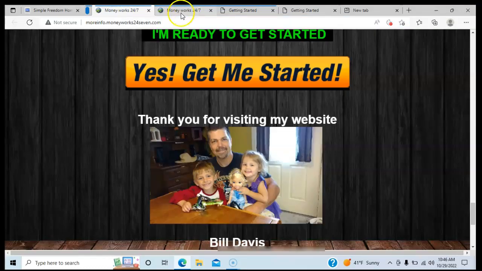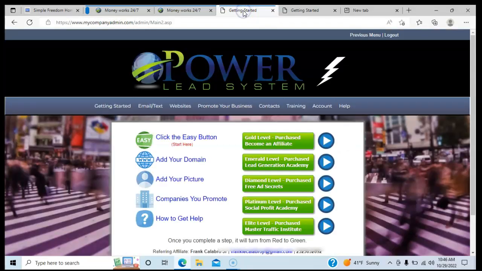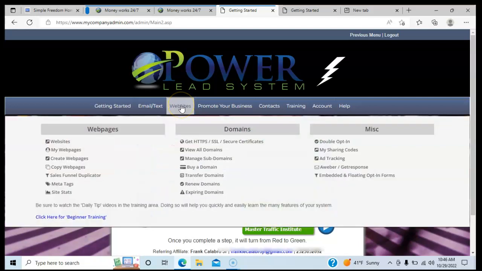I'll just show you what the process is here. And again, what I'm showing you is if you were the one creating the funnel and you wanted to make it shareable with your team, this is how you would do that. So what I've got to do is go into my back office. I want to go into my website tab right here. I want to go to all my web pages. Okay,